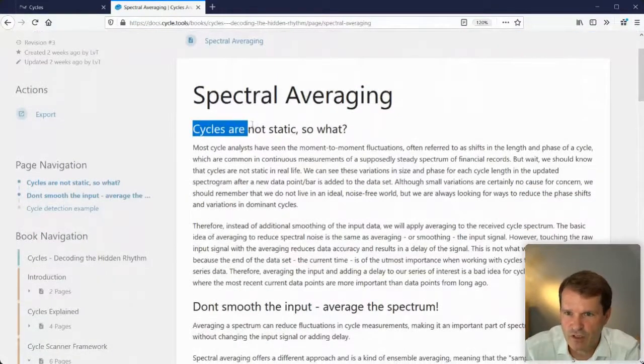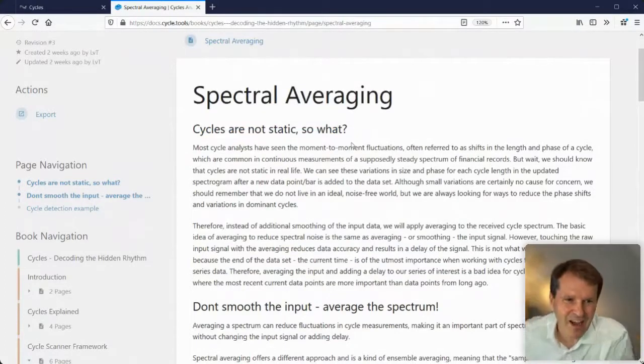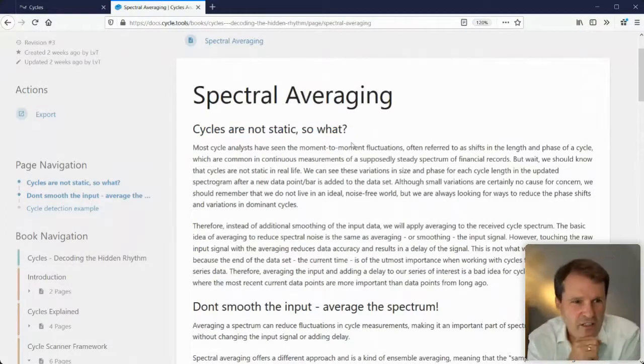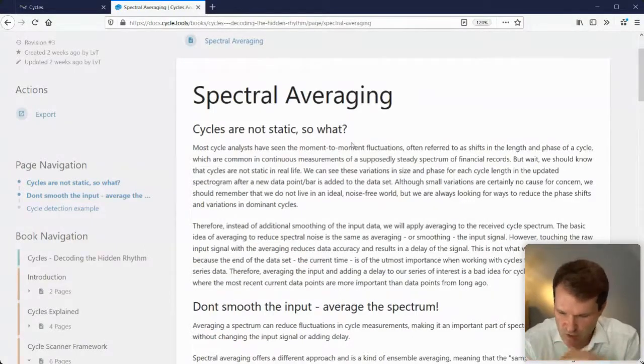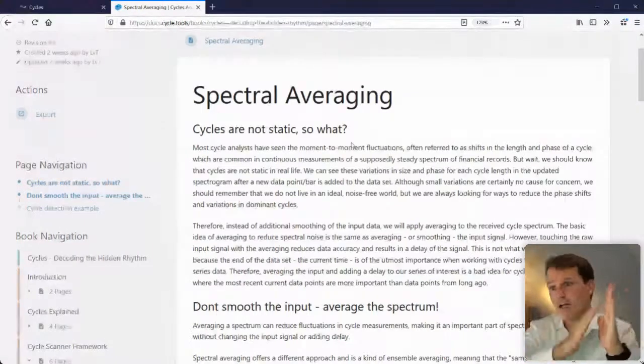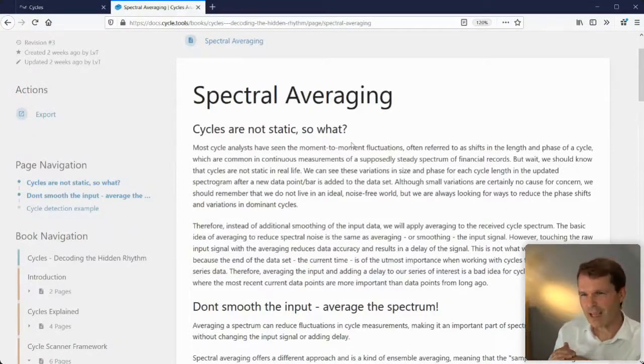This also refers to a topic, and if you're a long-time follower of our tool set, I always talk and teach you that cycles are not static, and this is where we need to be careful. If we do a dominant cycle plot or composite cycle plot, it assumes that this is a static forecast into the future and from the past. But we all know cycles don't behave that way. And the spectral averaging helps us there, because